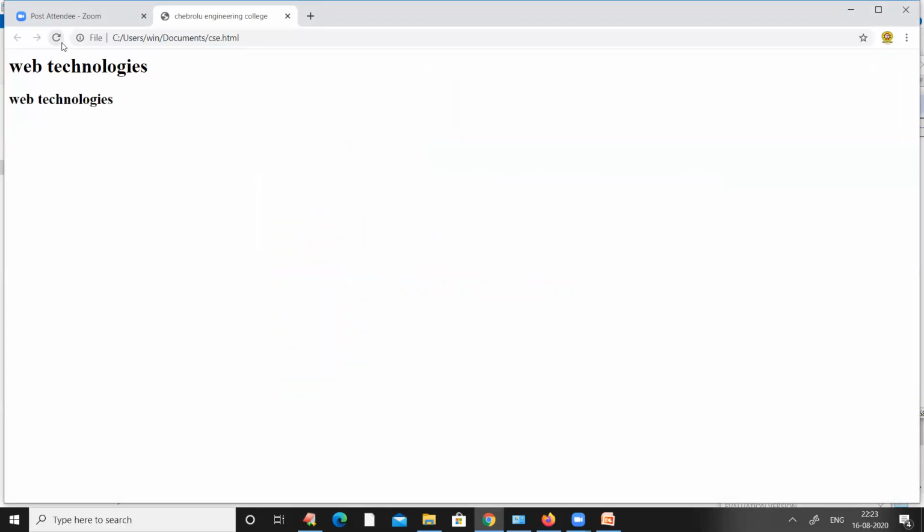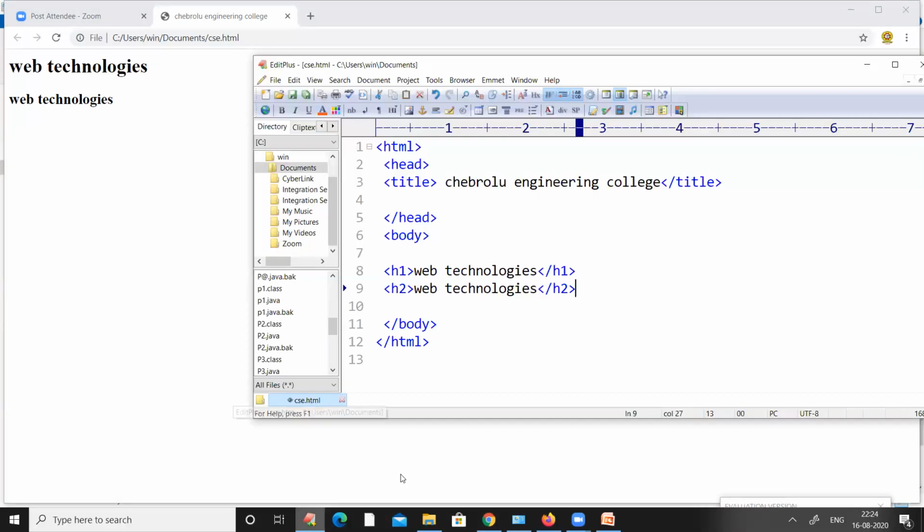You can see both the things are headings. First one is H1 and then I used H2. H1 is somewhat bigger than H2. So let us use one more heading next to that, that is H3, and then close the H3 tag.